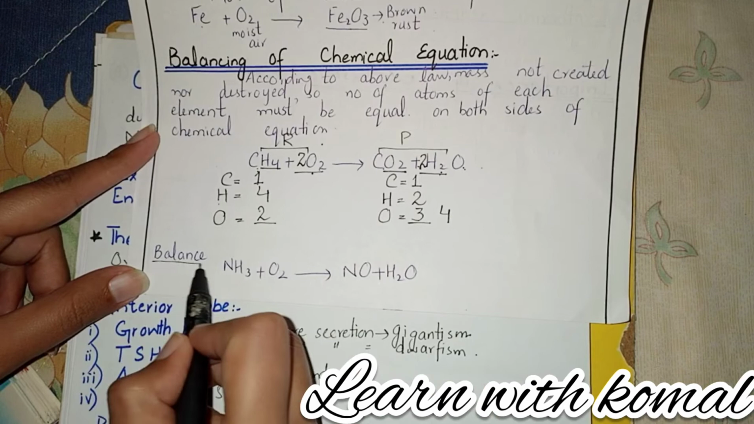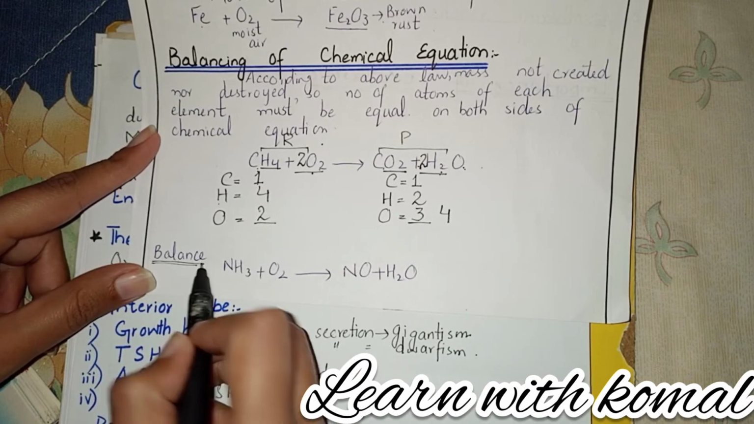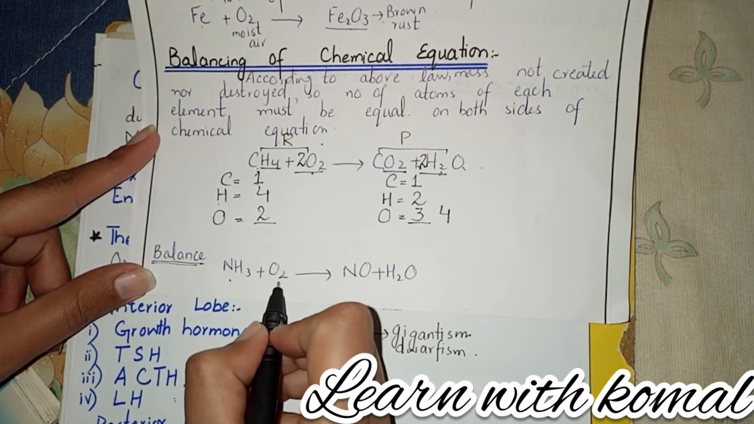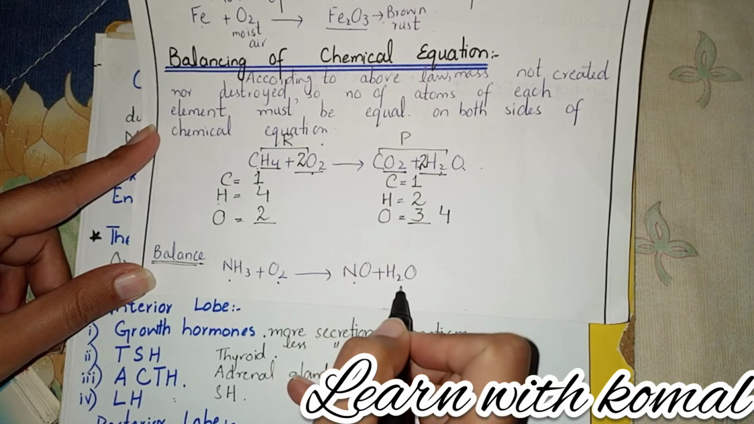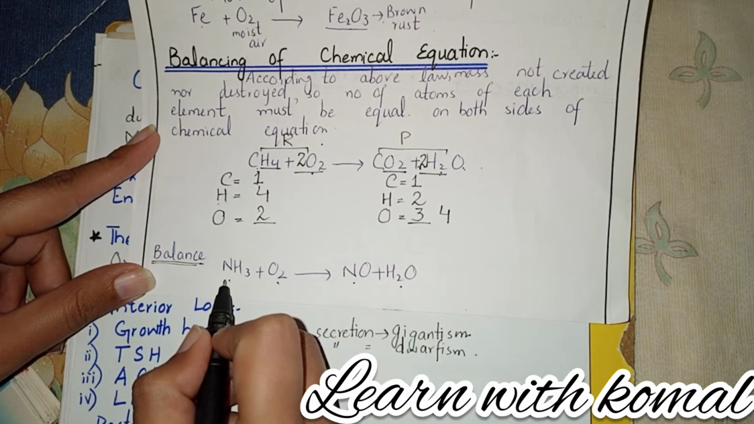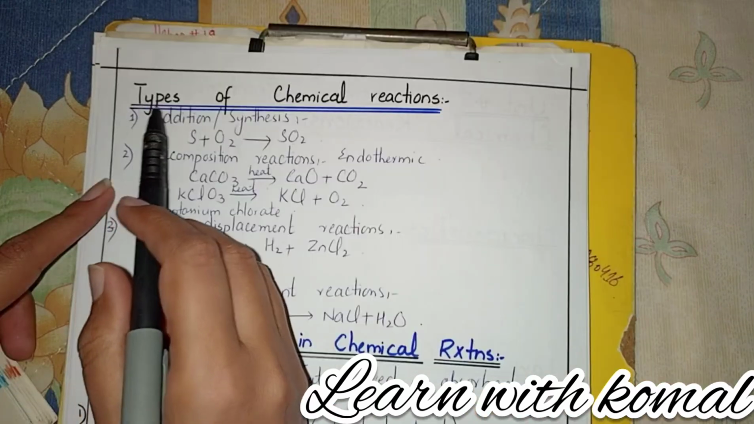Now you have to balance this chemical equation, NH3 plus O2 gives NO plus H2O, and write the correct answer in the comment. Types of chemical